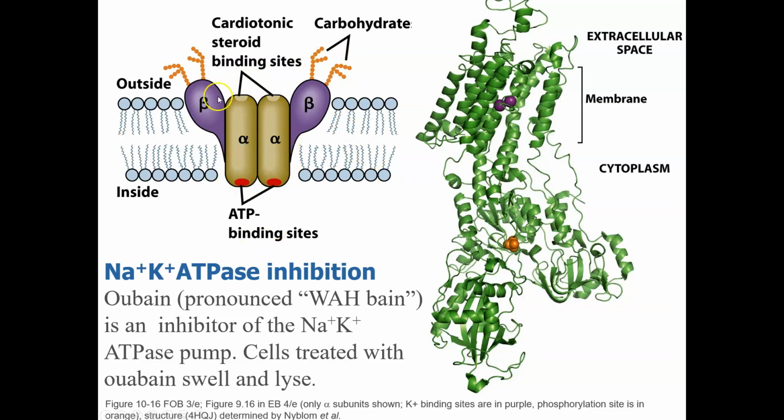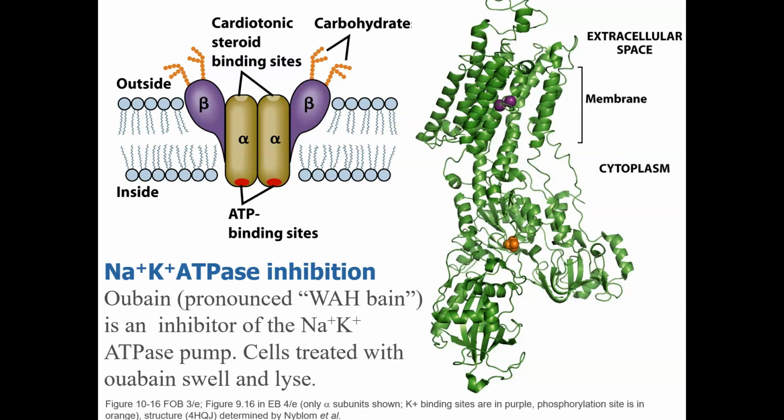It's interesting that there are these cardiotonic steroid binding sites. Ouabain is an inhibitor of the enzyme. So if ouabain binds to the sodium potassium ATPase, it cannot function. And that means if sodium leaks in and brings water molecules with it, and the pump cannot function to eject those sodium ions, then cells treated with this ouabain will eventually swell and lyse. So that's shown over here. So this shows the extracellular space and the cytoplasm right here. So this gives maybe a more detailed chemical picture of what the